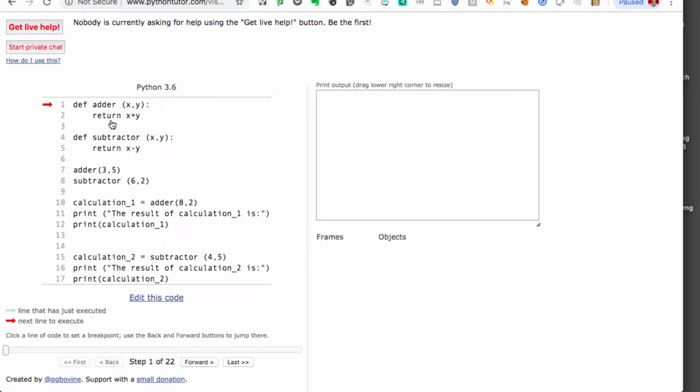So we can see we've defined this function called adder, where it returns x plus y. We define a function called subtractor. It returns x minus y. We then call these functions adder and subtractor, and adder will try to add 3 and 5, and subtractor will subtract 2 from 6. Let's step through and you can see it creates this function called adder, which points to